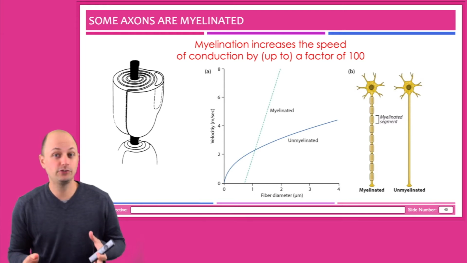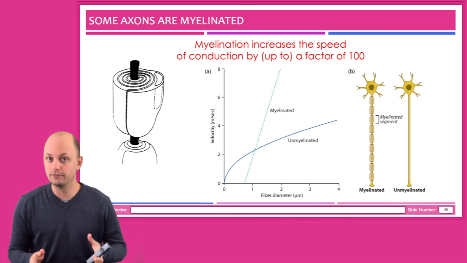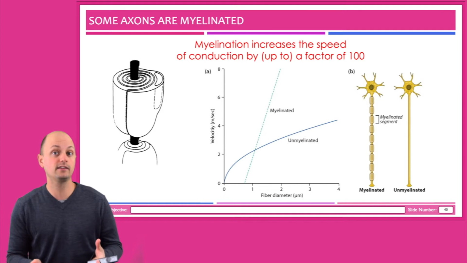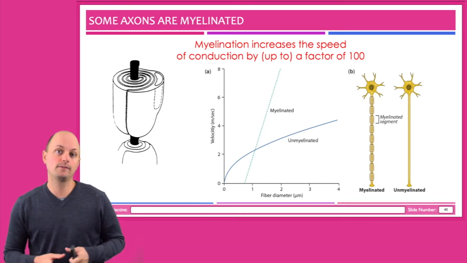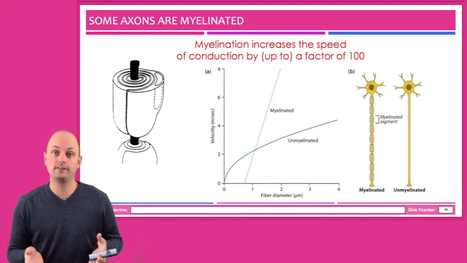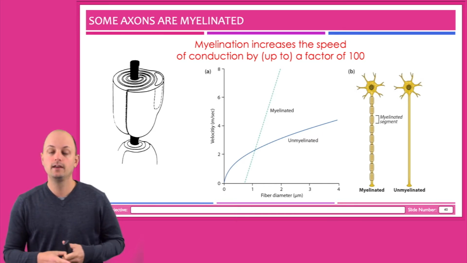So action potentials travel fast, but they can travel even faster and over a much greater distance in neurons that are myelinated. Myelin is an insulating wrapper that's produced by supporting cells in the nervous system called glia, and glial